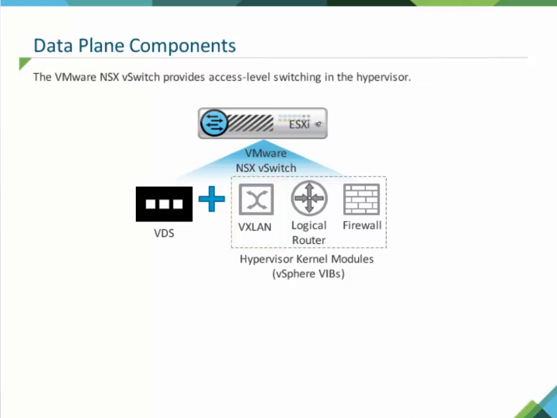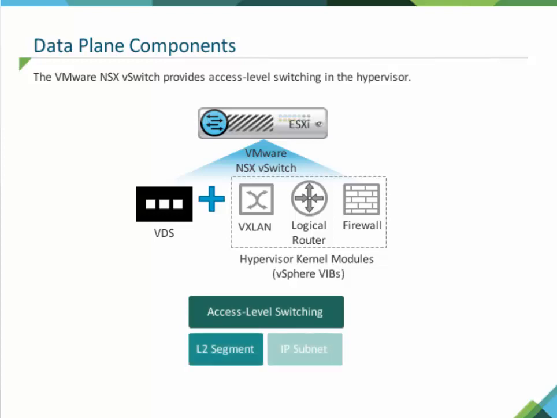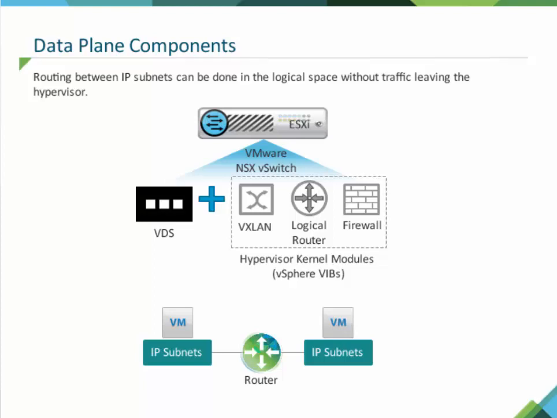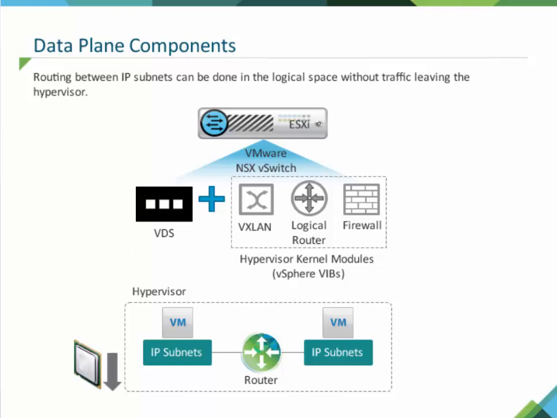The VMware NSX vSwitch provides access-level switching in the hypervisor. Logical switching enables extension of an L2 segment and IP subnet anywhere in the fabric independent of the physical network design. Routing between IP subnets can be done in the logical space without traffic leaving the hypervisor. Logical routing is performed directly in the hypervisor kernel with minimal CPU or memory overhead. The Distributed Logical Router, or DLR, provides an optimal data path for traffic within the virtual infrastructure, such as east-west